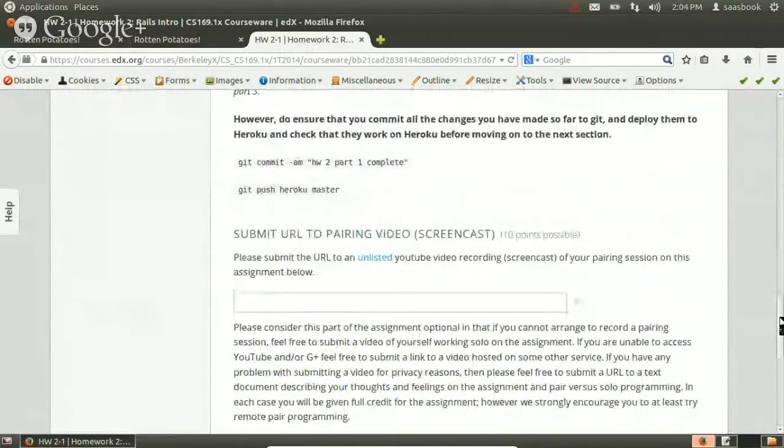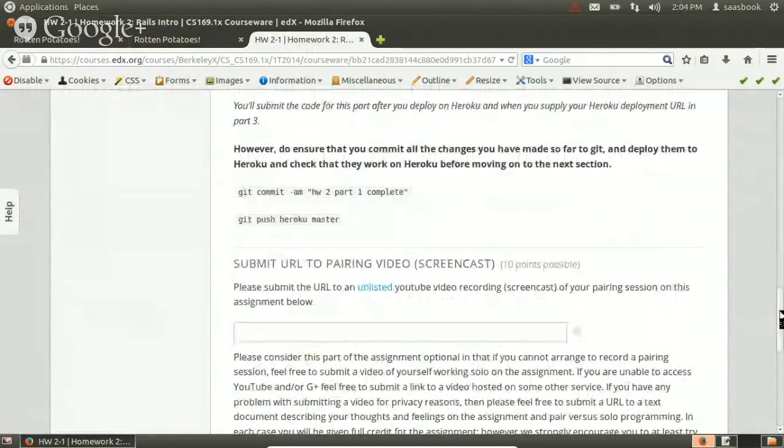Okay. It says you will submit the code for this part after you deploy on Heroku and when you supply your Heroku deployment URI in part 3. However, do ensure that you commit all changes you have made so far to Git and deploy them to Heroku and check that they work in Heroku before moving to the next section. Okay, so let's